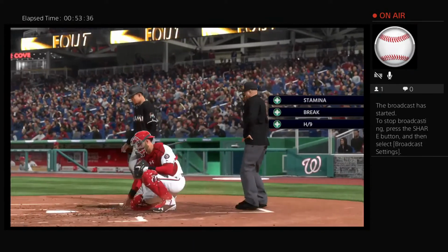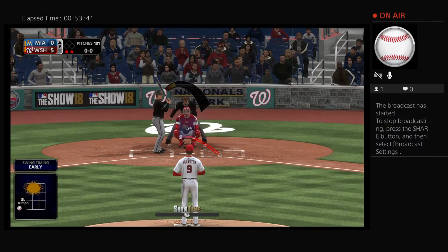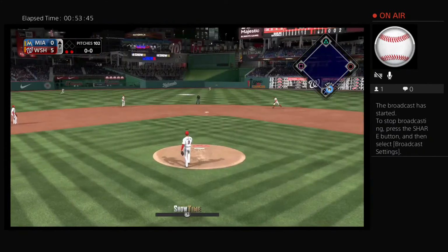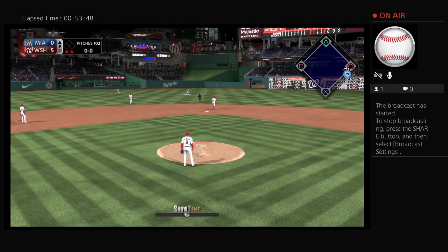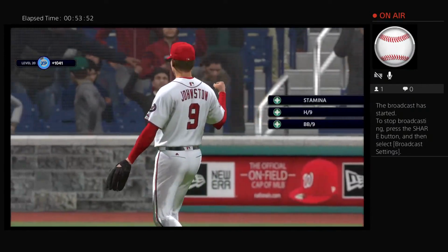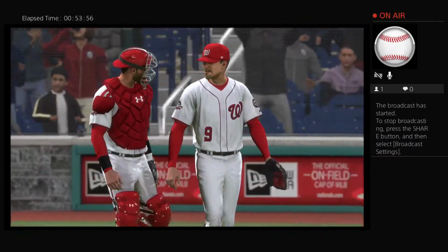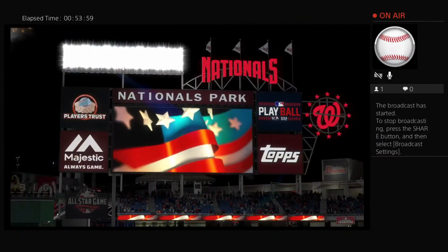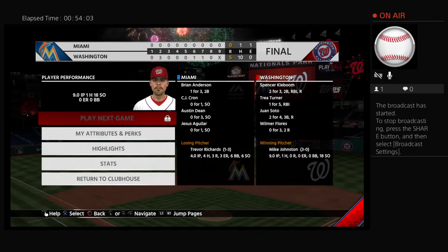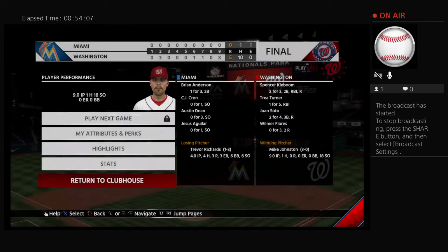Standing in, Braxton Lee. He's their last shot here with 2 away in the 9th as they look to avoid the shutout. Yeah, Matt, they just haven't had any answer for the great pitching so far in this one. Now a swing and a fly ball. And this should do it. And he will make the catch to wrap this one up. And the Nationals have taken games 1 and 2 here at home as this one is over. A 5-0 finish tonight. The Washington Nationals took the lead in the 2nd inning and rode that until the very end. Mike Johnston notches his